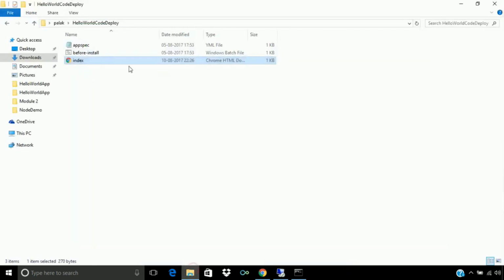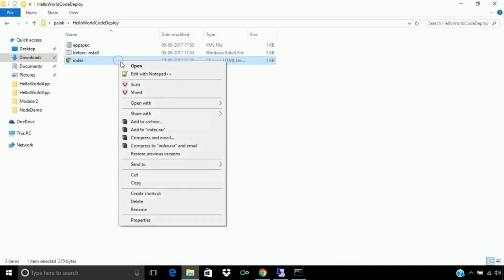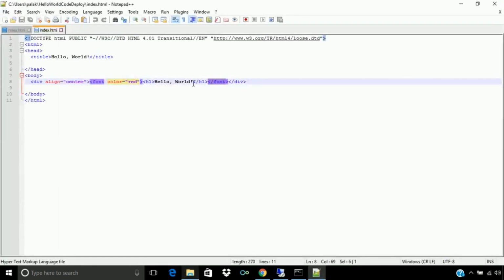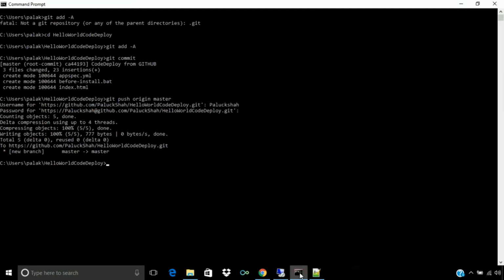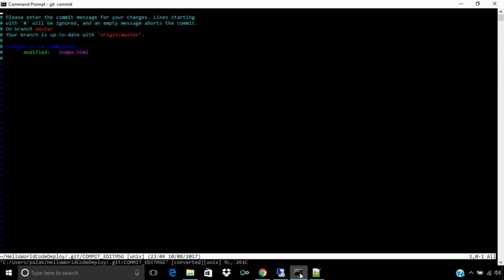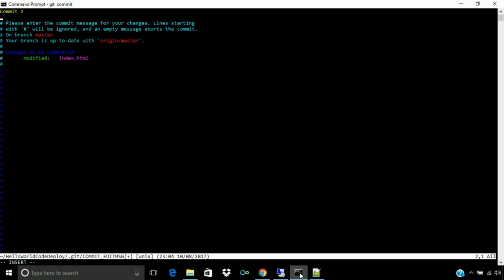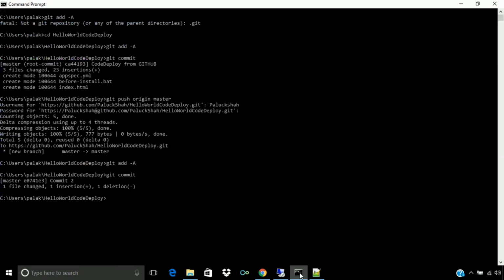So first let's change this file and commit it again. GitHub, let's save it. Now let's add this file. Now let's push this change.